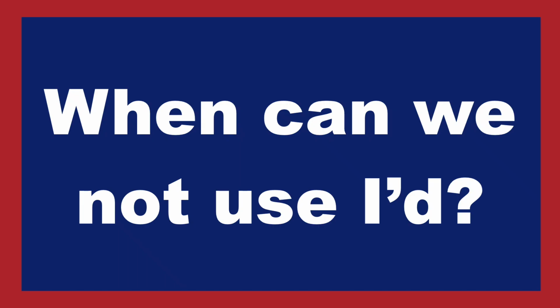Of course, in this video, I have just covered the contraction I'd. We can also say you'd, or he'd, she'd, it'd, we'd, or they'd. I can say, I had 2 cups of coffee this morning. I cannot, however, say, I'd 2 cups of coffee this morning. We can only use I'd with another verb, either with an infinitive or with a past participle.